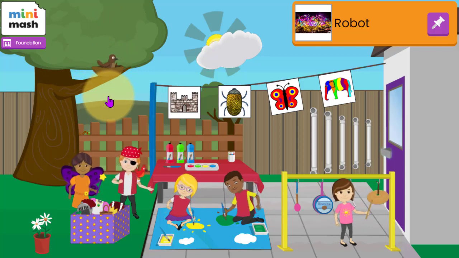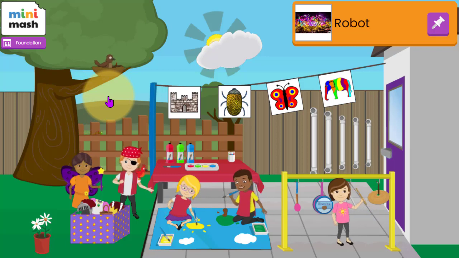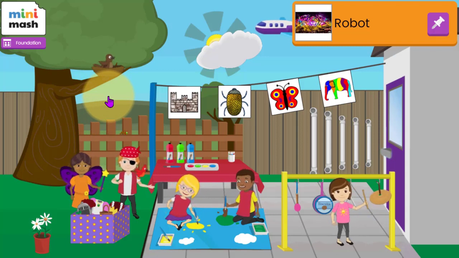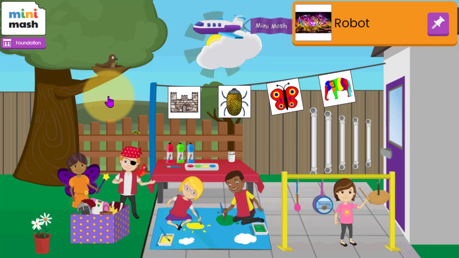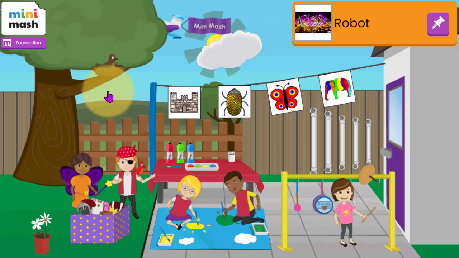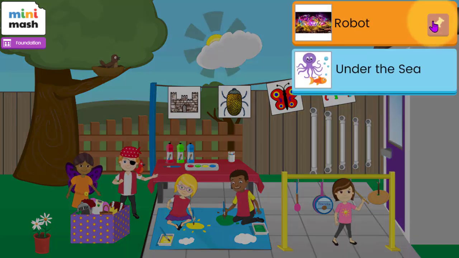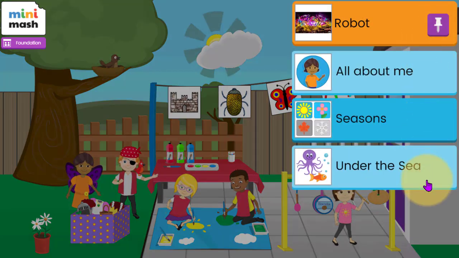Now, if you want to actually theme the children's exploration, maybe streamline it so that they are looking at a particular topic or a particular area, the EYFS that you're focusing on, then we have these things in Mini Mash called pins. Now, a bit like pinning something to a notice board, you can pin up to 5 different pins within Mini Mash, and you can change them as often as you like. So you can see at the moment that the top pin is robot, and behind it we've got 3 different